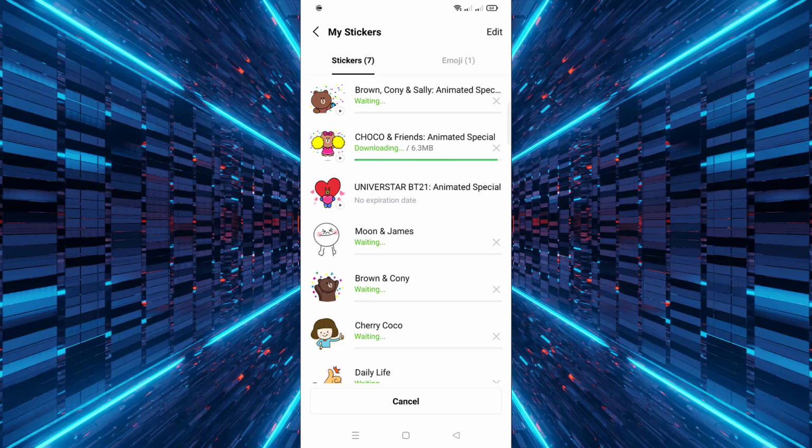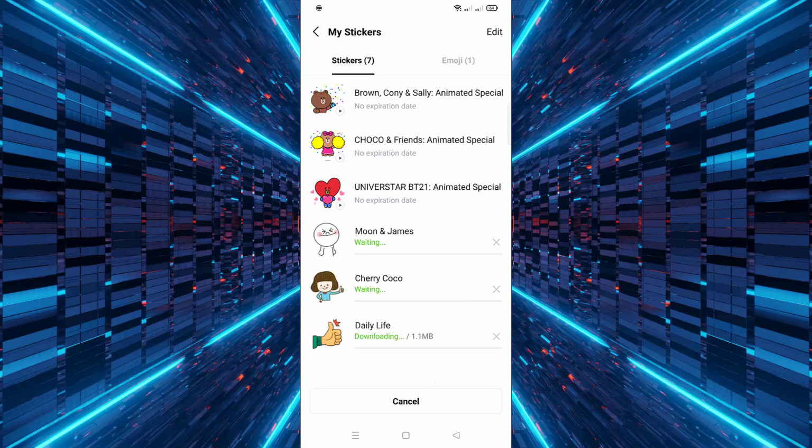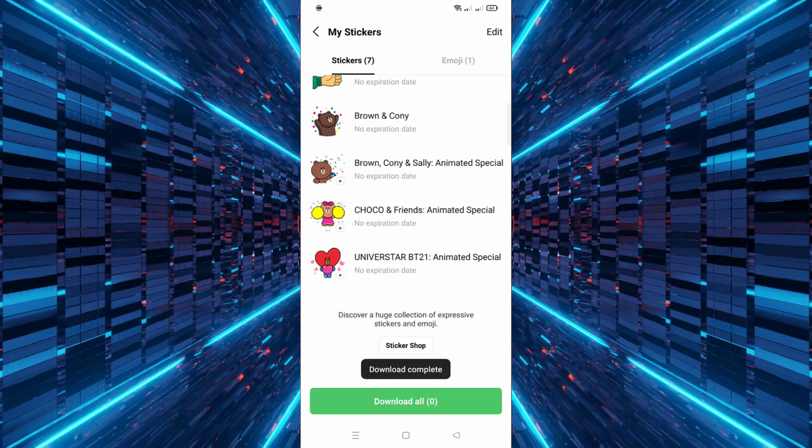This will download all available stickers to your device, making them ready to use in your conversations without any further steps. By following these simple steps, you can easily download all your stickers in the Line app and enhance your